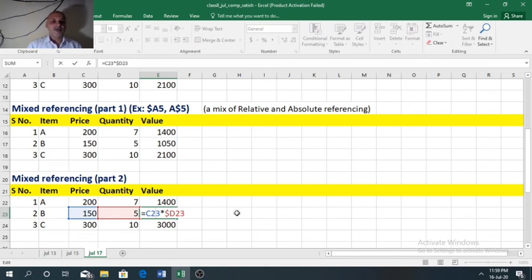So 150 into 5 is 750, and here C24 is multiplied with D24. So we have got 300 into 10, that is 3000.